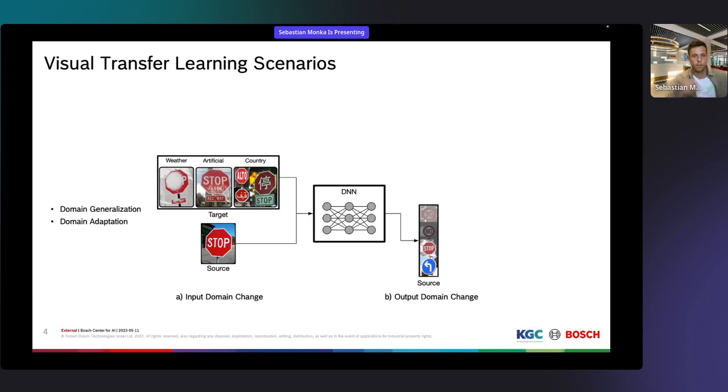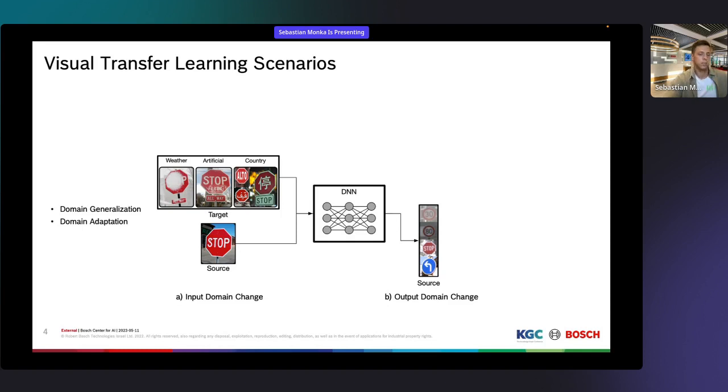There could be some artificial drawings on the signs. You have a country change. And with all these scenarios, the network should be able to deal. But since it is a domain change in the transfer learning scenarios, machine learning approaches have hard problems to adapt to these things. And the task, as it is named in computer vision, is also known as domain generalization